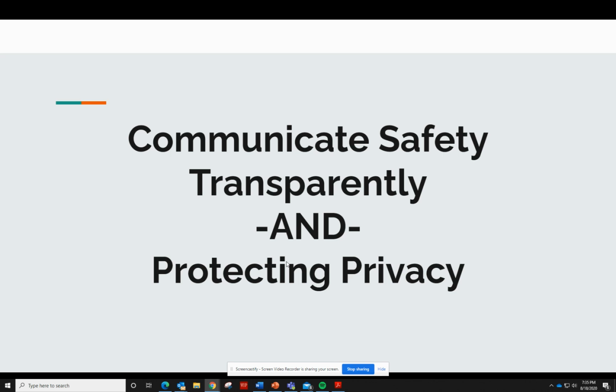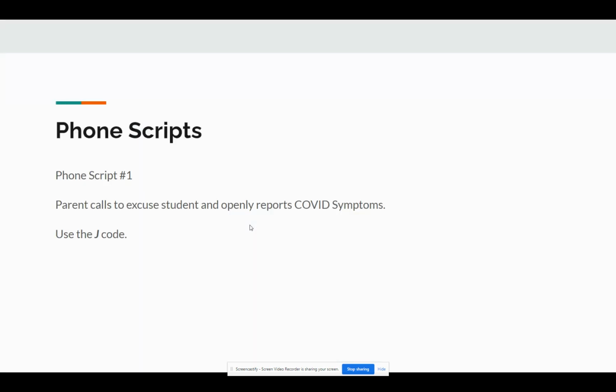Hello, this PowerPoint and resources will help you understand the importance of communicating transparently while maintaining the safety and privacy of the students. We've provided a couple of phone scripts, two for if you receive incoming phone calls, and one for if you need to make an outgoing phone call regarding exposure to symptoms or